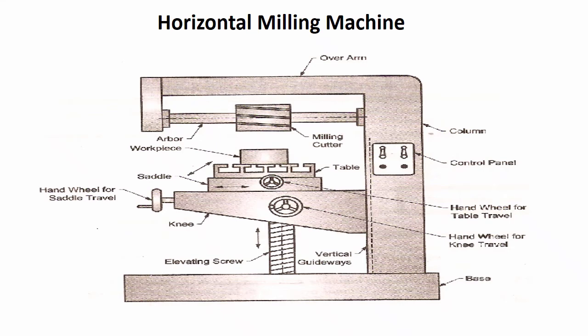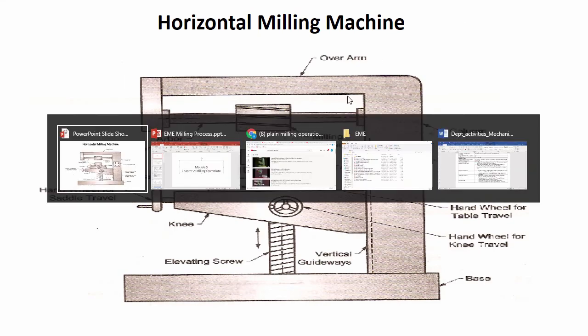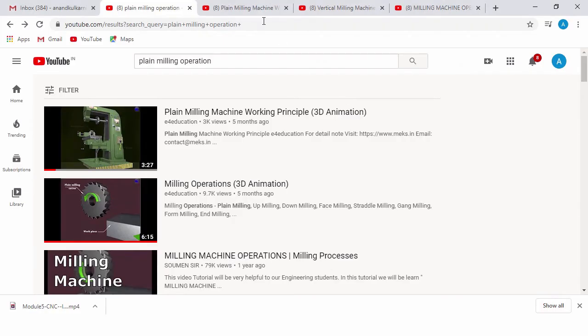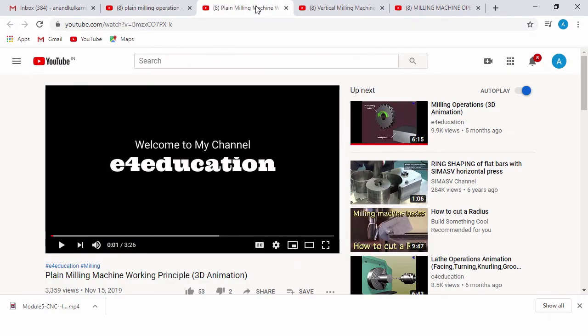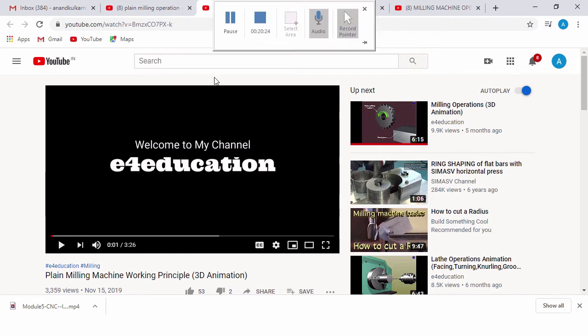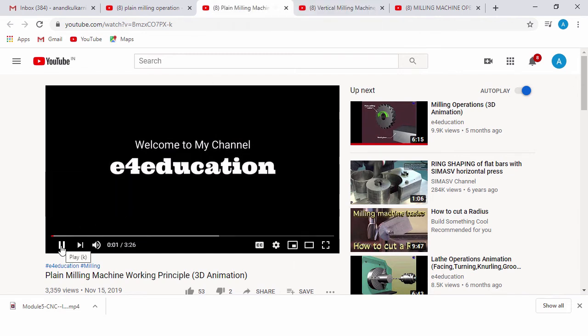So these are the construction parts of the horizontal milling machine. Let us see a video so that we get a complete visualization of this horizontal milling machine. I will just show this video.